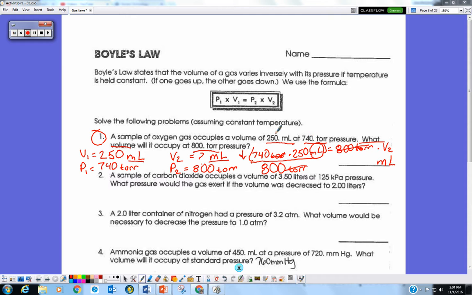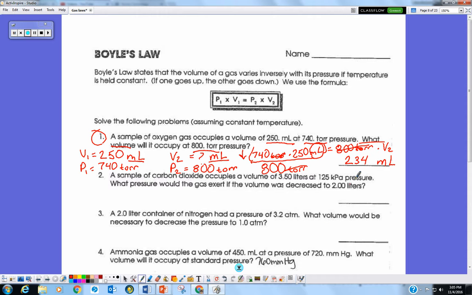All of our values are in 3 sig figs because we have a decimal point after the end of each one, so we have 3. So when we multiply it out in the calculator, we should get something like 234.375,